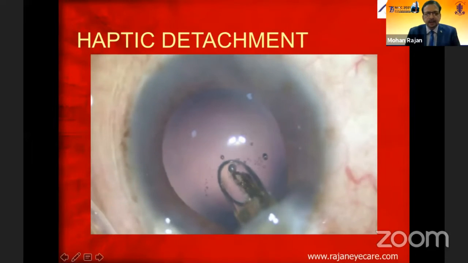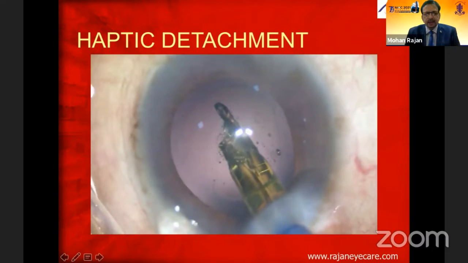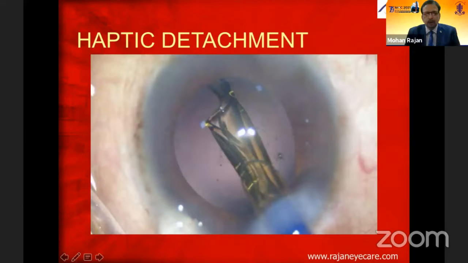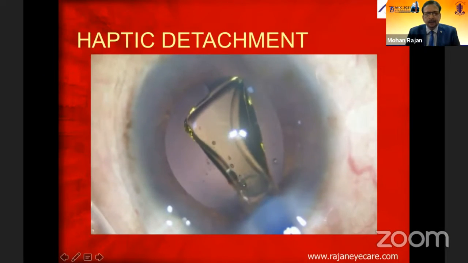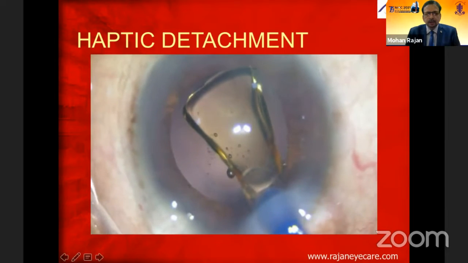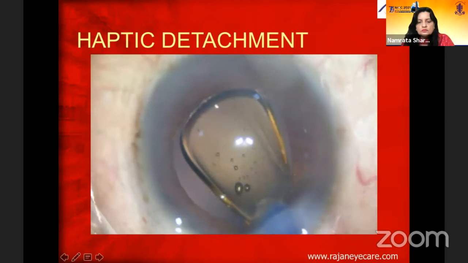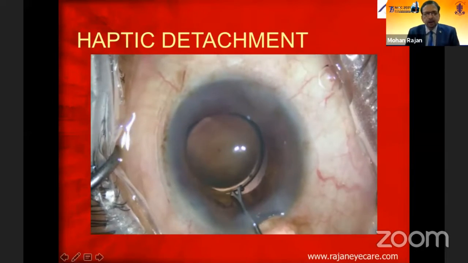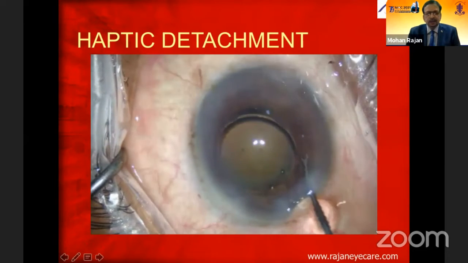And this is another patient, again a preloaded lens, made by the Zeiss company. You can see that it was an apparent surface optic, but only the optic was there, and the haptic came later. Both the optics were completely fractured, and only the optic was inside. These are all things we have to be very careful about, and obviously we have to explant these lenses and put in new lenses.